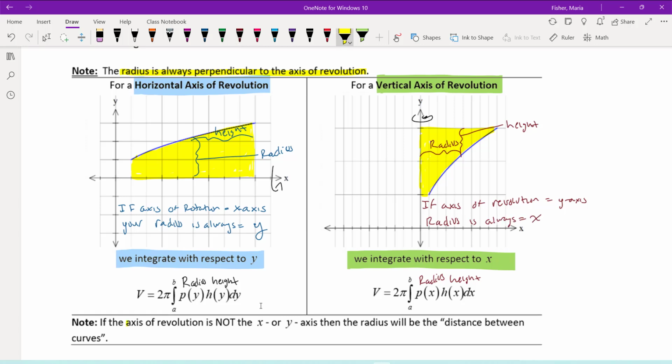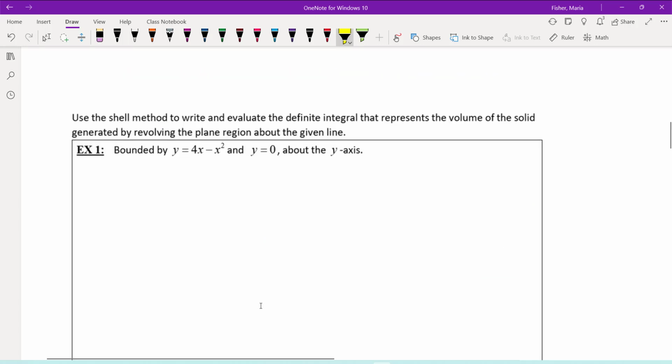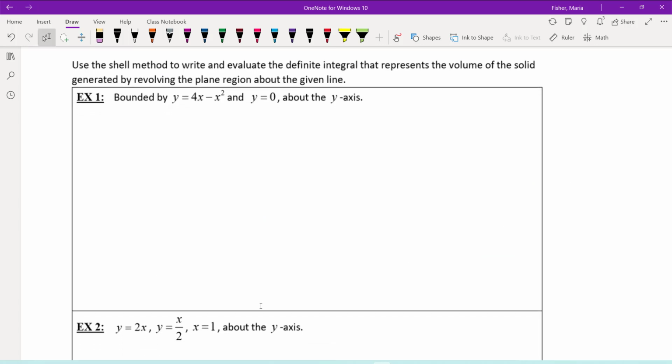If the axis of revolution is not the x-axis or the y-axis, then the radius is going to be the distance between curves, and we're going to look at that when we get there in terms of what the radius would be. So let's look at the next few examples, and we're asked to use the shell method to write and evaluate the definite integral that represents the volume of the solid generated by revolving the plane region about the